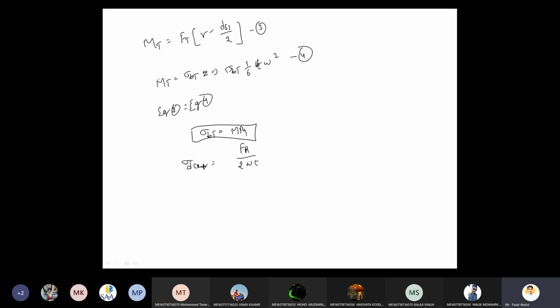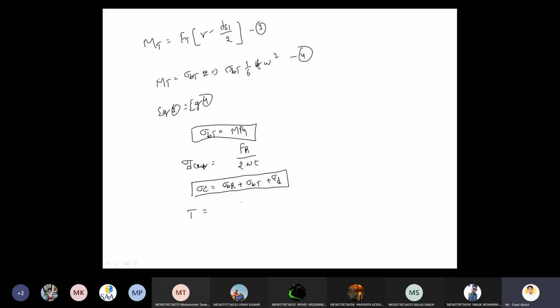Okay. Now the total compressive stress, how much? The total compressive stress is the bending stress due to the radial component, the bending stress due to the tangential component, and the direct compressive stress. If we add all these things, we will get the total compressive stress. Now the last one is the tangential stress, the torsional stress. Torsional stress is due to the tangential force, or nothing but the twisting moment of the shaft. So the twisting moment is nothing but the torque we need to calculate.